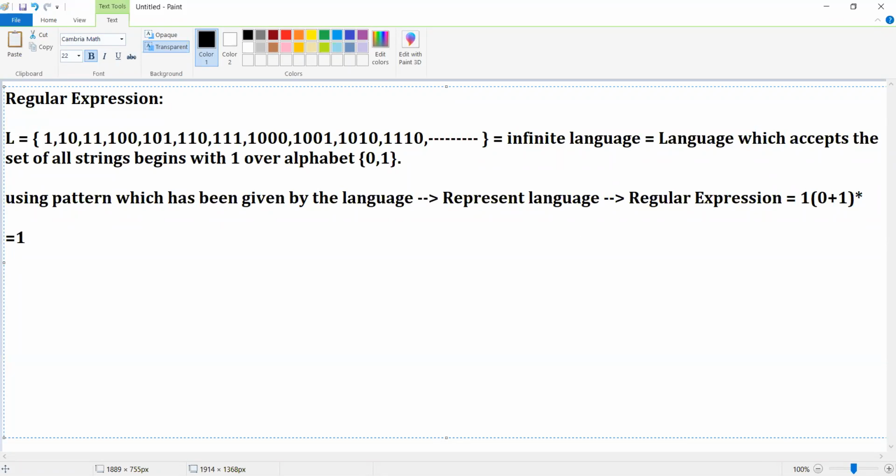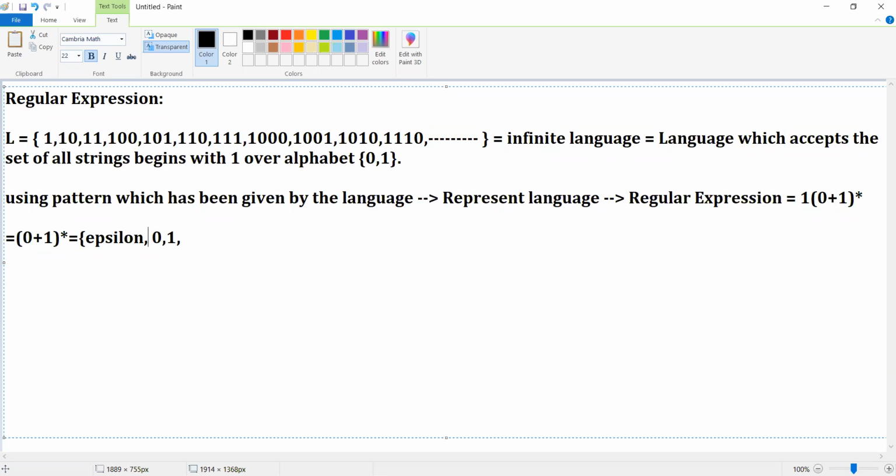So this is 1, and we already know about it. So what is this? 0 plus 1 whole star, we already discussed. Yes or no? 0 plus 1 whole star is nothing but what? So initially, what is the symbol we will get? We will get epsilon first, because I already told you, star in the sense 0 or more, plus in the sense 1 or more. So what is this star? I already told you, sigma star is nothing but sigma power 0 union sigma power 1 union sigma power 2 union, like that.